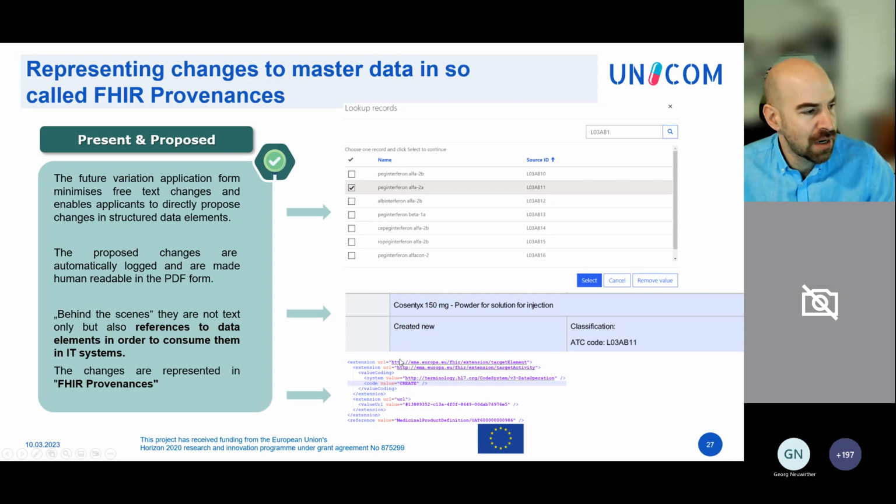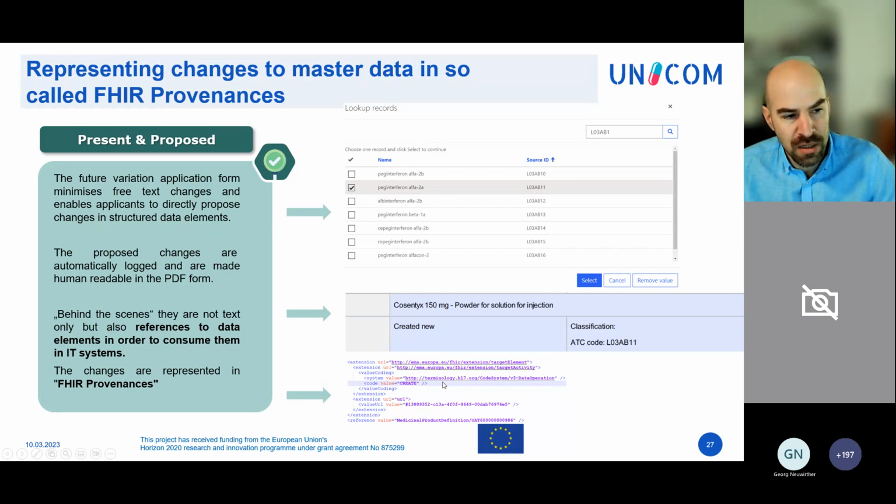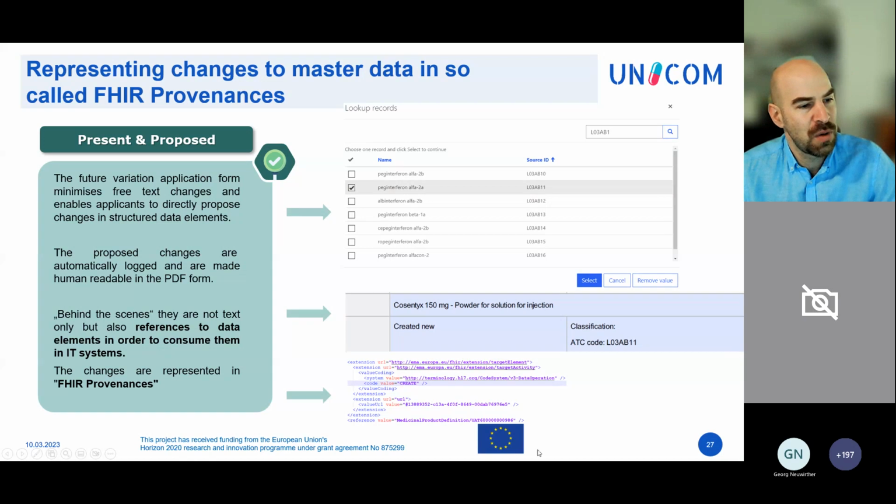This is done automatically by just selecting things. It also means in the background, this is not a text element, but it is a reference to a specific code inside the XML, meaning a system can read this and doesn't need to interpret if maybe it's not an ATC code, but people just write ATC anyway. So IT knows exactly what the element is and can do things with that. You can feed it to workflow engines to send tasks around based on the ATC code. You can show it on the screen, etc. And this will happen eventually with all the product fields. ATC is just there already.